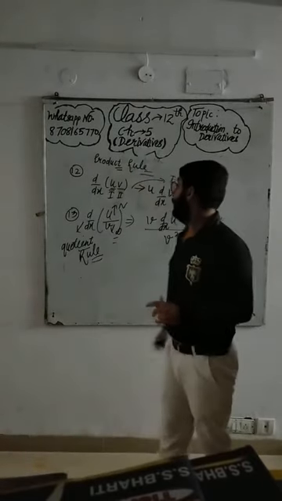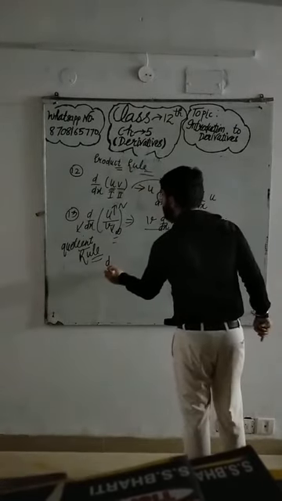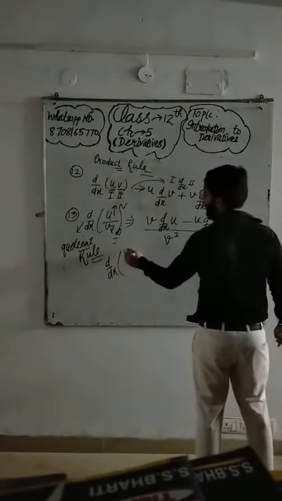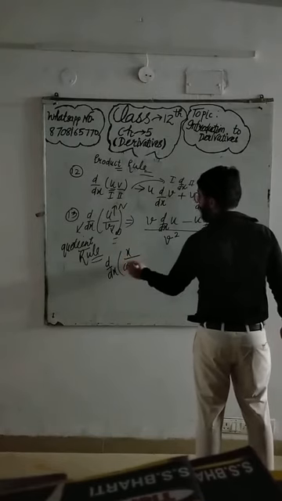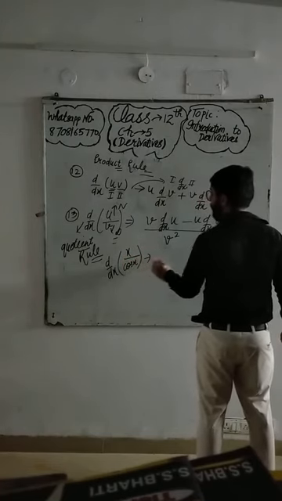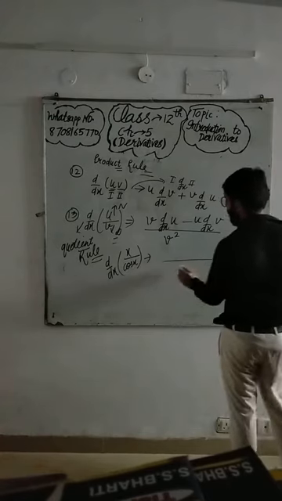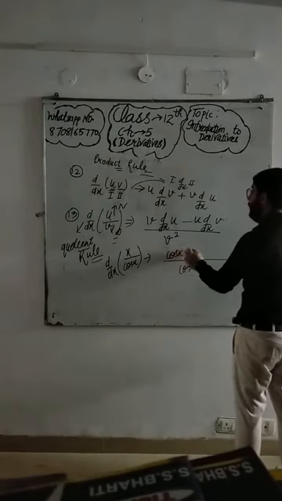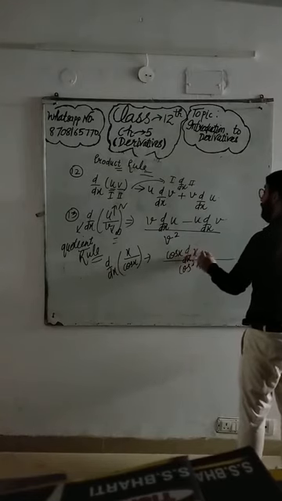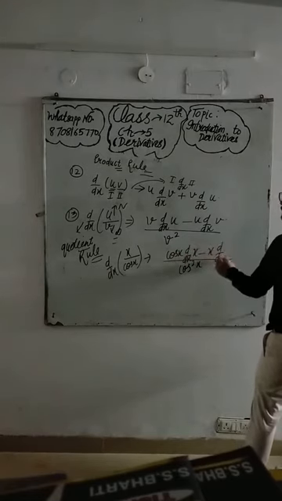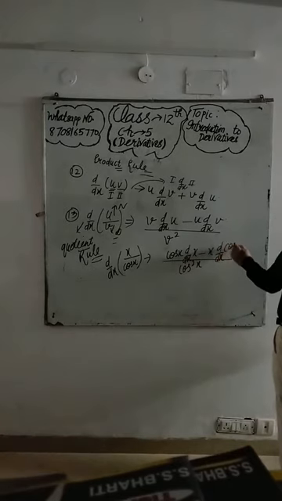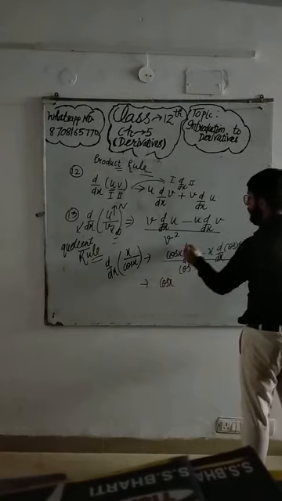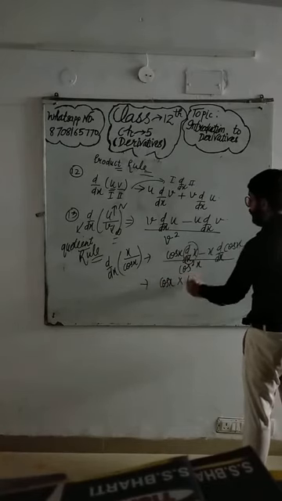Okay, getting the point. Now suppose the same example, suppose it is x over cos x. How will you differentiate it? Square of denominator, denominator as it is, ddx of numerator, minus numerator as it is, ddx of denominator. Denominator is what? Cos x. So this is cos x. ddx of x is what? 1.